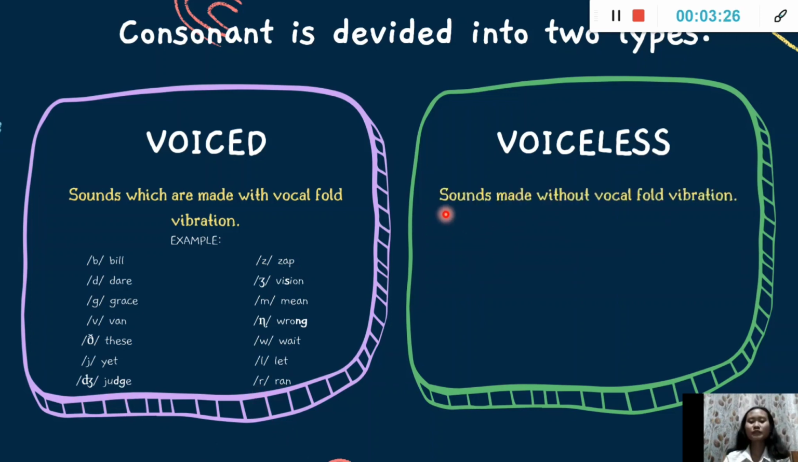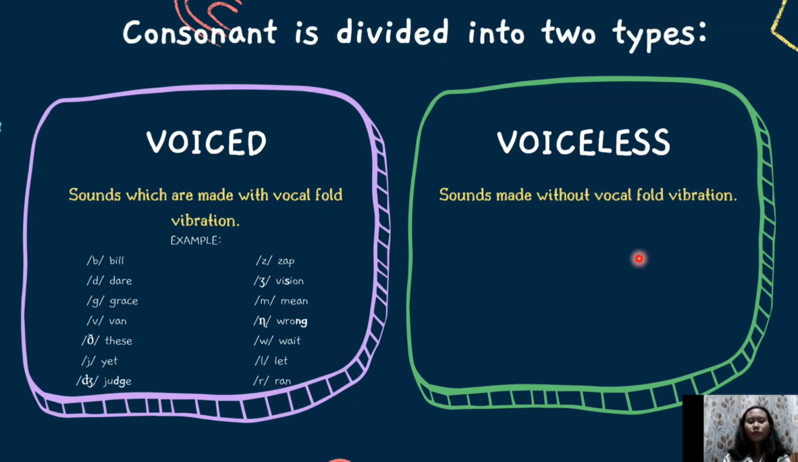Voiceless consonants are sounds made without vocal vibration. So there is no vibration in our vocal tract when we pronounce voiceless sounds. For example, when we pronounce p as in pot, ch, ch as in change, t,